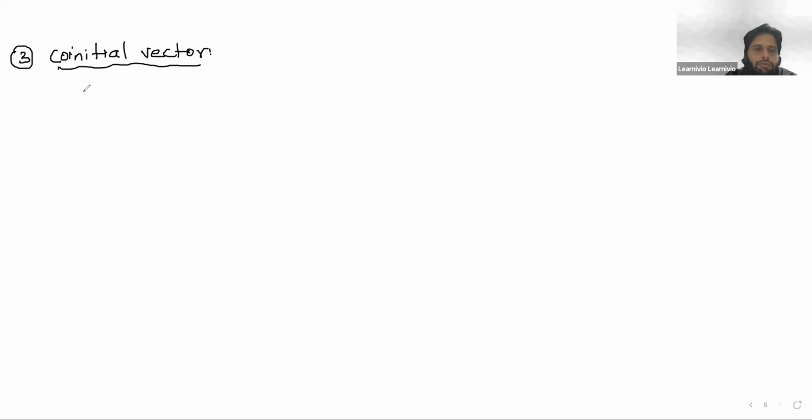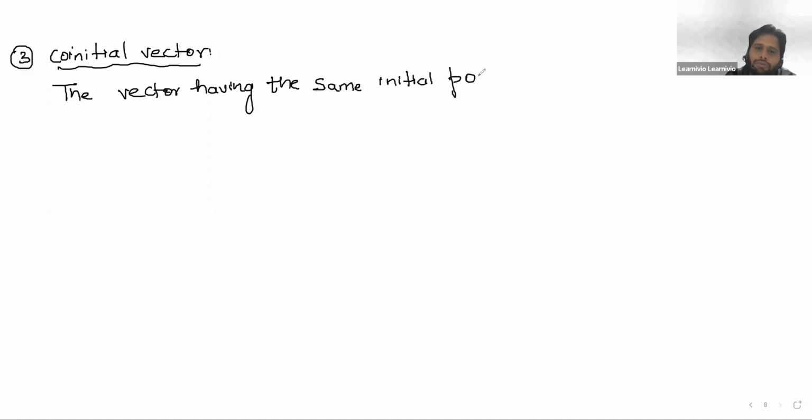Okay, let's continue. Co-initial vector: the vectors having the same initial point are called co-initial vectors. Okay, the vectors which have the same initial point. For example,